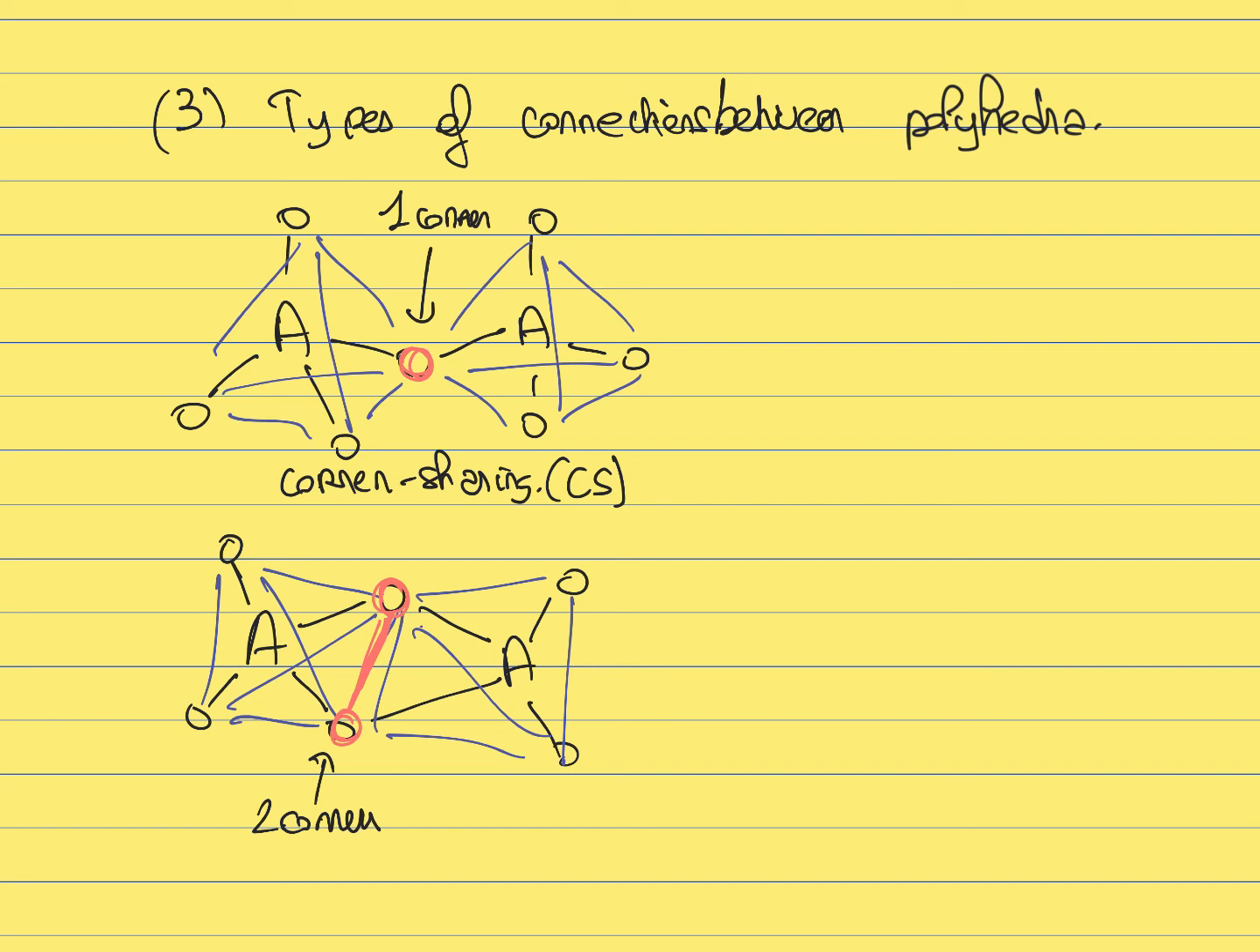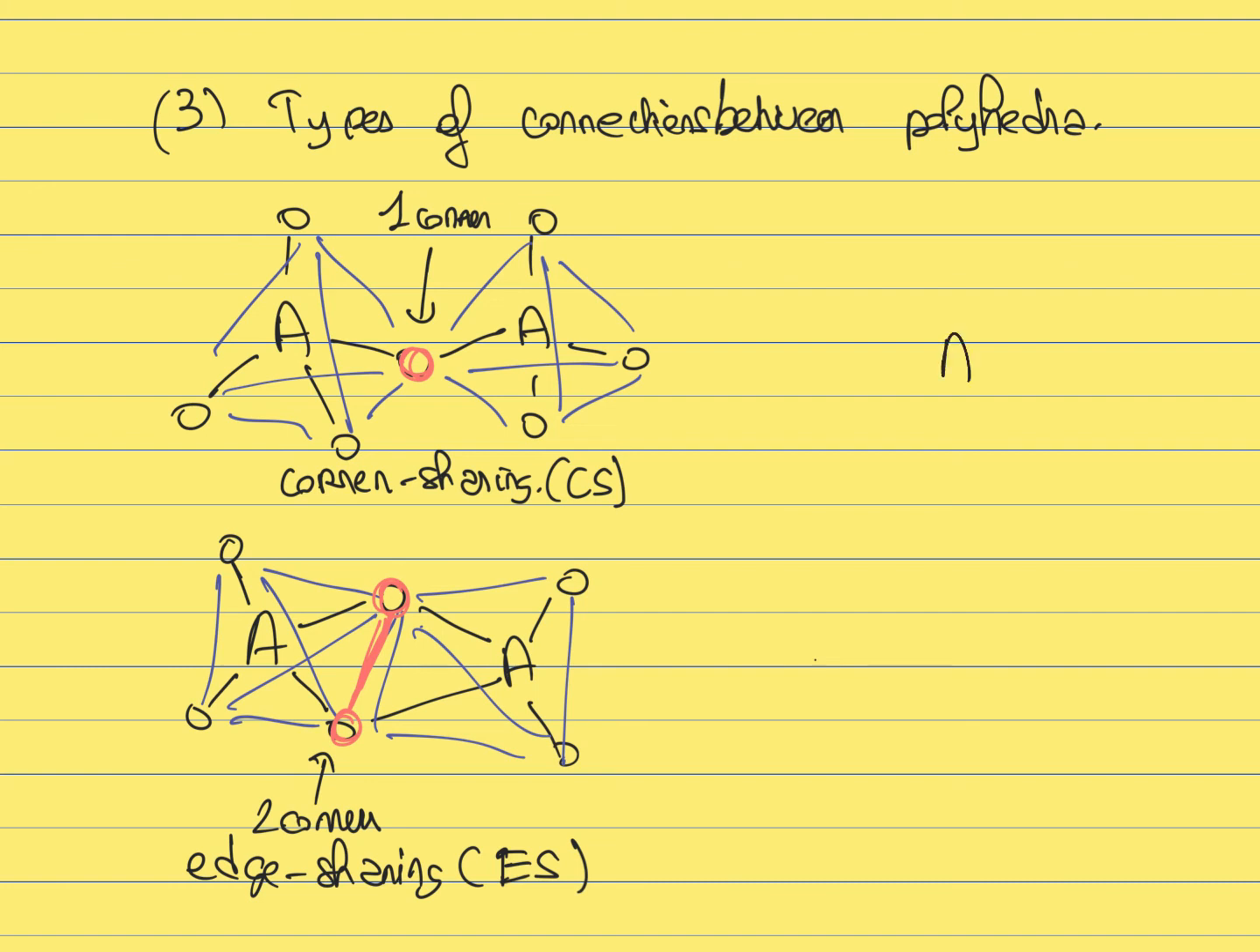So in that case, we will call this type of unit an edge sharing unit. It means that in that case, the two tetrahedra will share in common two corners. They share an edge in common. And the last possible case that you can have is if you have two tetrahedra that now share three